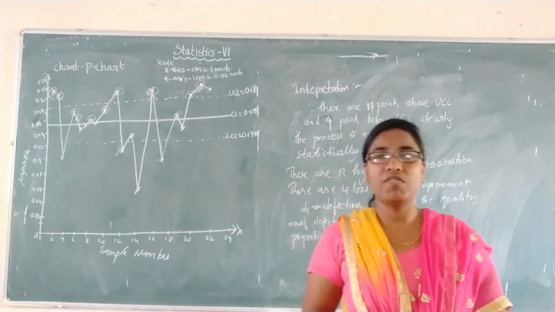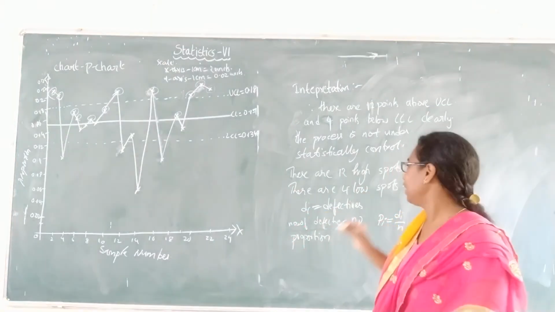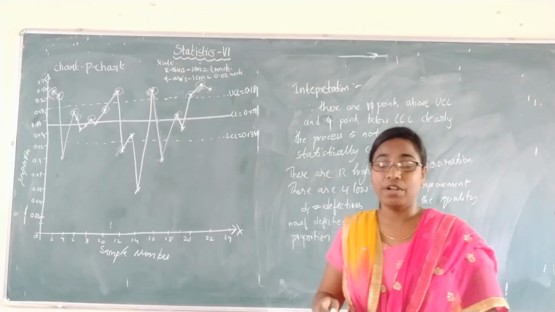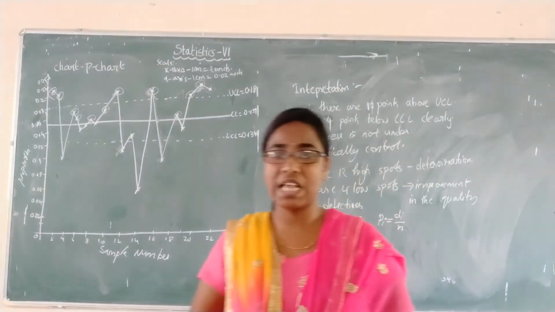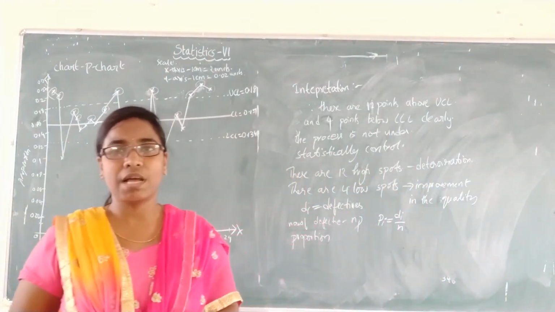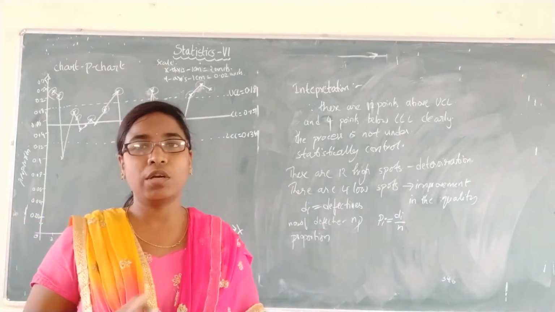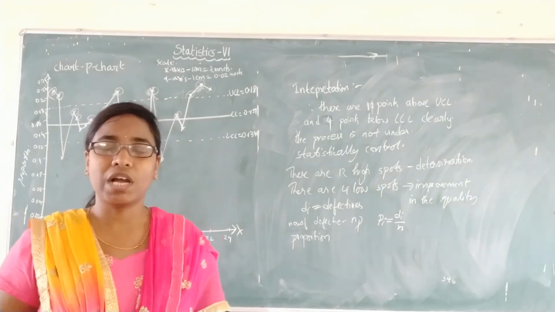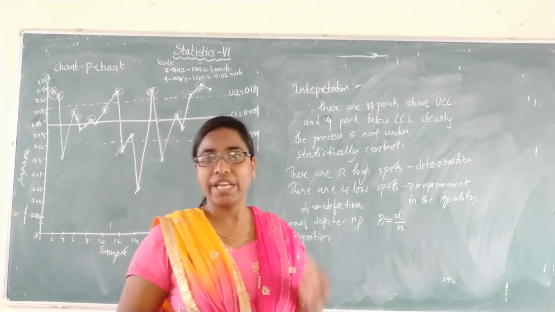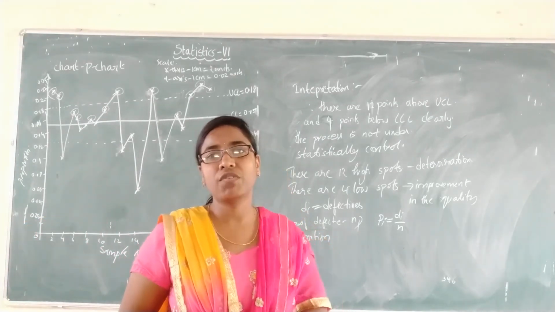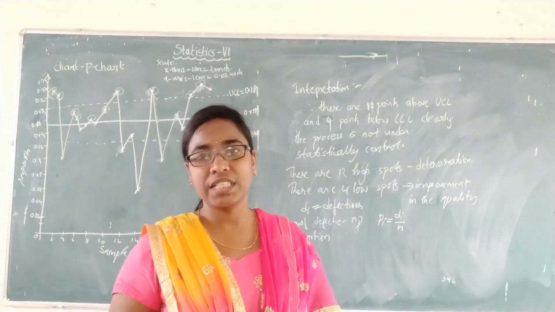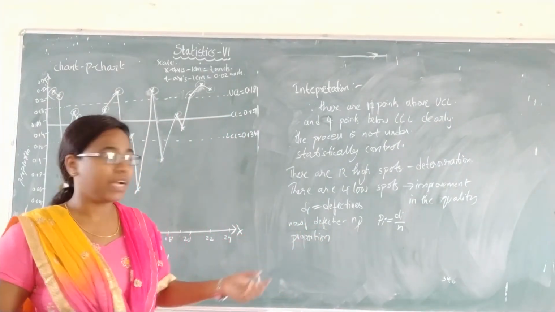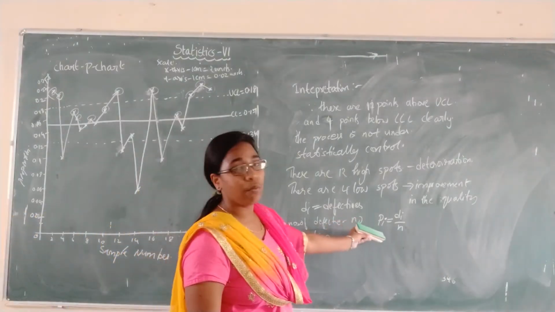In P chart we will also have a varying sample case. That means for each and every sample, the sample size will be different. Suppose for the first sample, the sample size is 100. For the second sample, the sample size will be changing. It may be 200 or 120, 150. So if you have different sample sizes, that will come under the P chart for varying sample size. We will be discussing this in our next class. So today we have completed the P chart problem. That is, we have constructed PI values.